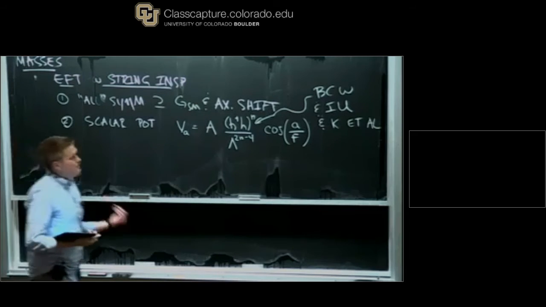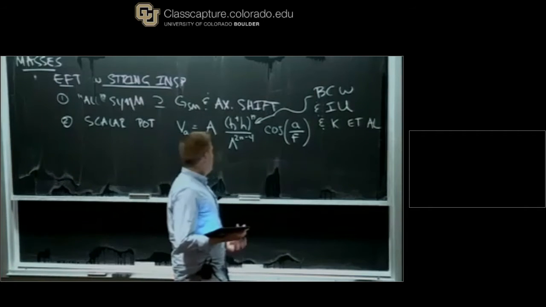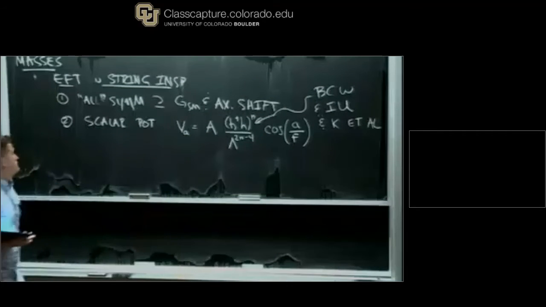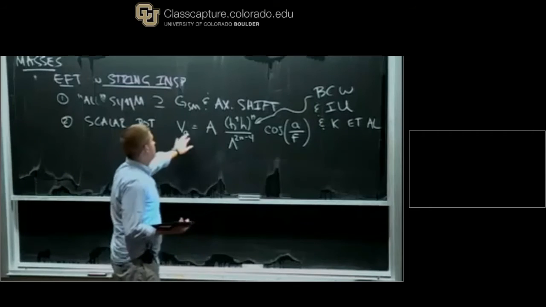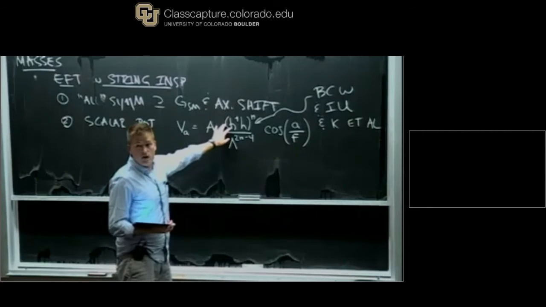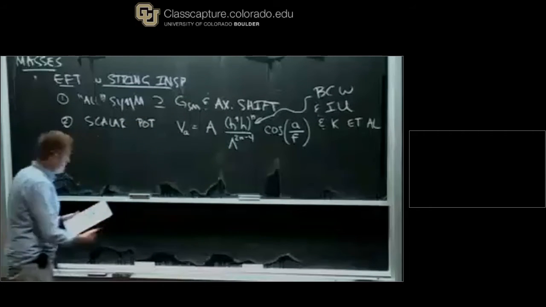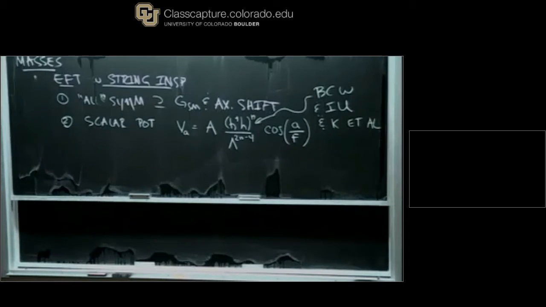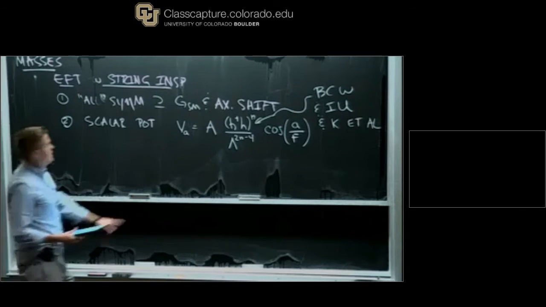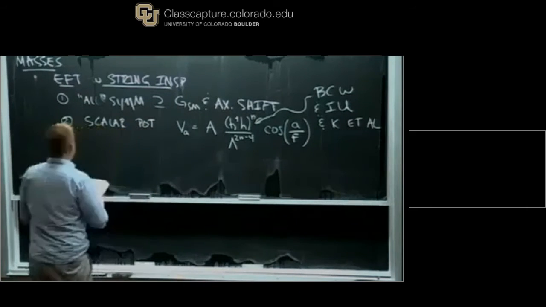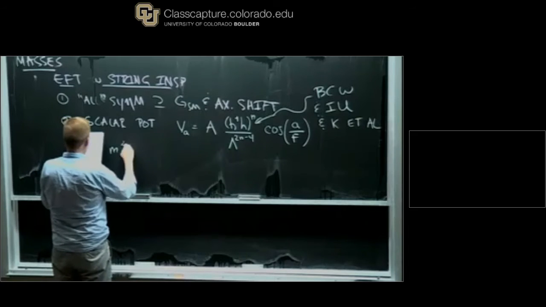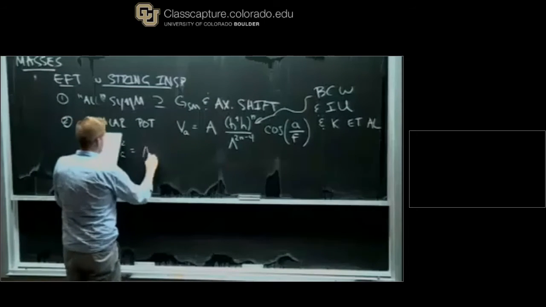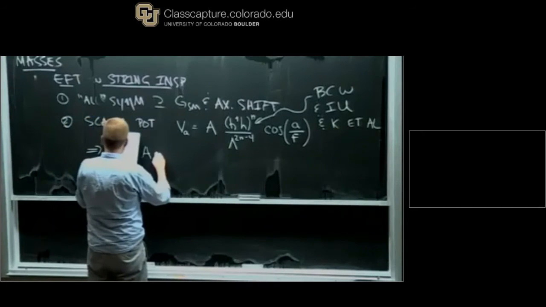Of course, the overall combination has to be invariant under the standard model gauge symmetries in there, but this is possible. And what this can do, from the point of view of the effective potential, is give you operators that involve the Higgs. And if you're in a SUSY context, it'll be HU and HD, and there will be tan betas. But I'm just going to talk at this level for now. And so what happens when you work this out is that m_a squared, the mass of the axion, is, expanding out this potential,